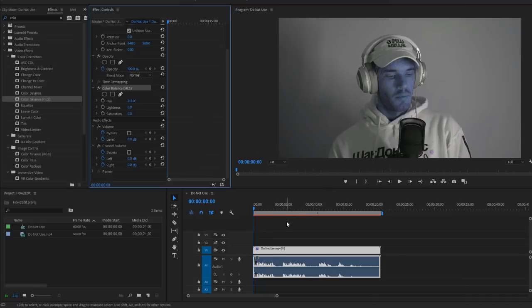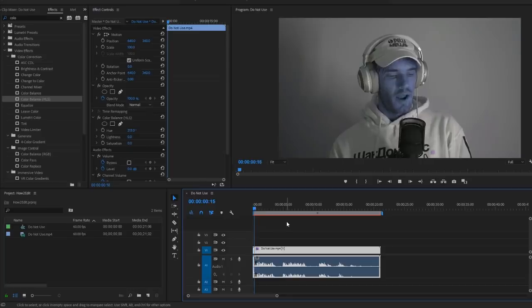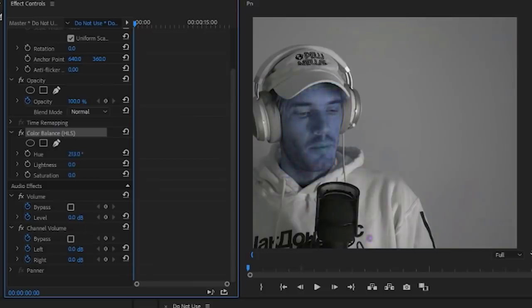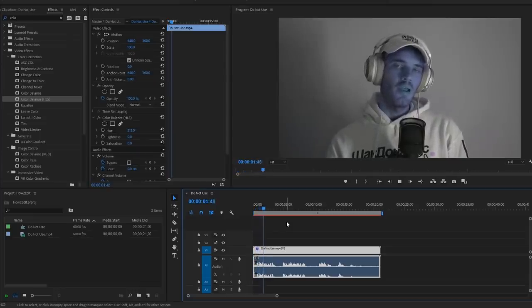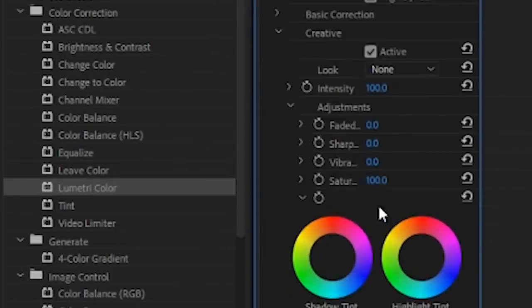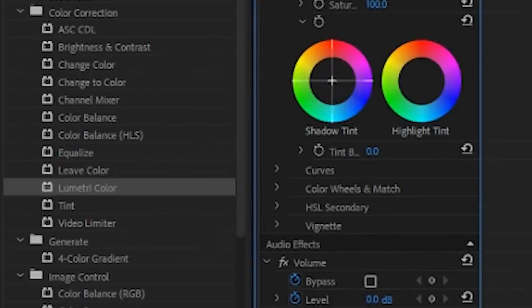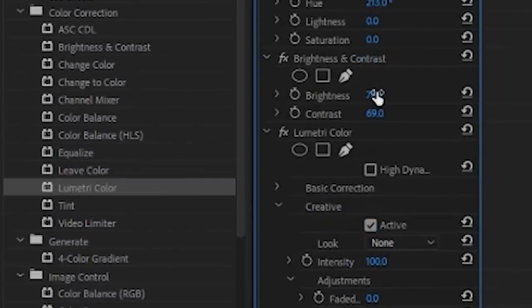And you just bring that over there and then you adjust the hue so that he looks more alive, and then adjust the curves. You'll also get some tint wheels, and you can use those to make him look a little more human. And then lastly, just to give him a little more life in that sallow Swedish skin of his,